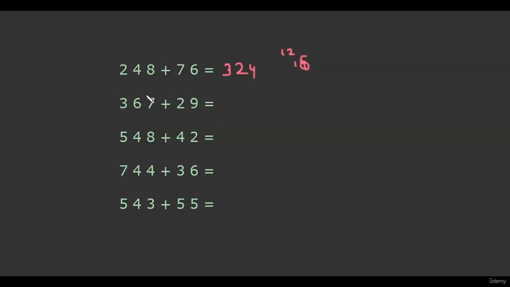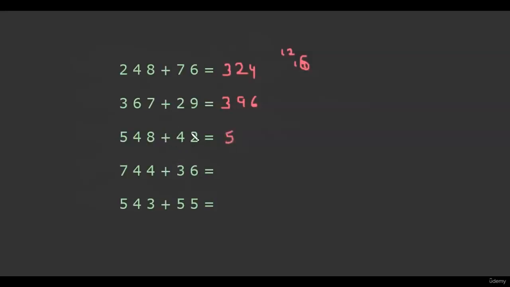6 and 2 are non-carry numbers, so we will not increase 3. And now 6 plus 2 is 8, but before writing 8, 7 and 9 is a carry number. So we increase 8 by 1, so it becomes 9. And 7 plus 9 is 16, so the unit number is 6. 4 and 4 is 8. So these numbers are non-carry numbers, so we will write 5 as it is.